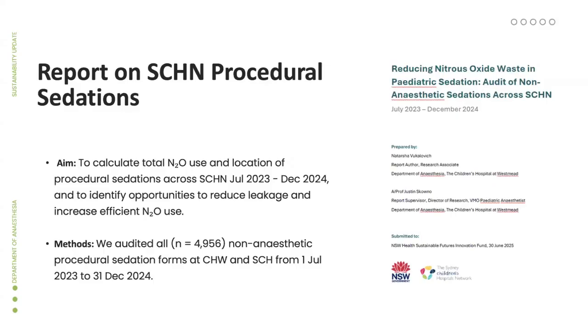So the second thing which Beck alluded to was procedural sedation. Now, we're a bit blind to that. None of the procedural sedation units in the hospital are in any way connected to anything that we can spy on. So what we did is a manual audit, which was a fairly massive job of work. We went through 5,000 sedation records across both of the hospitals in the network,